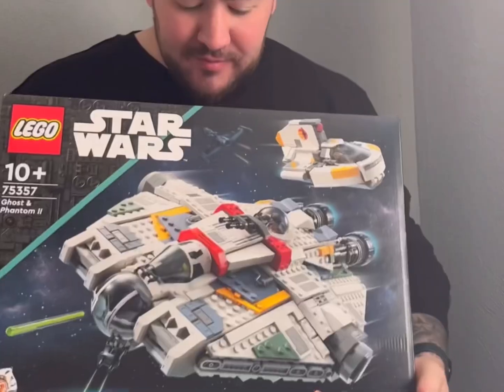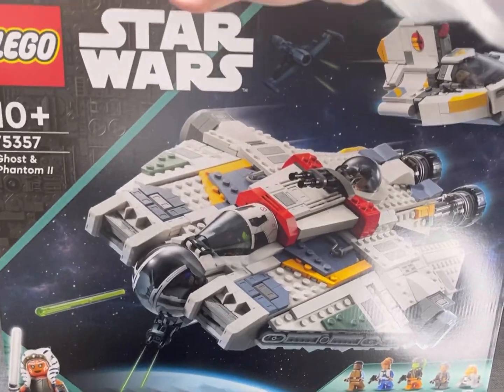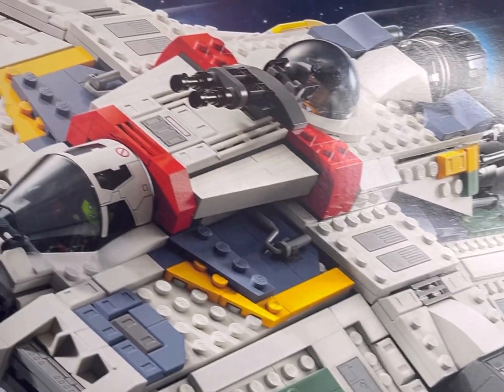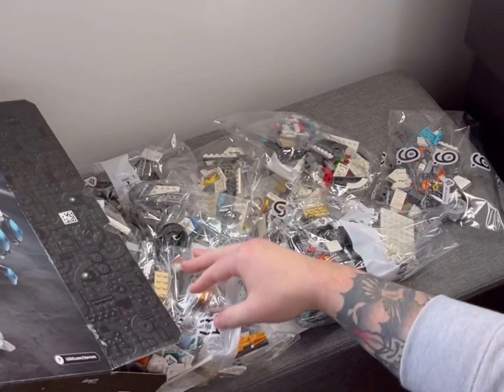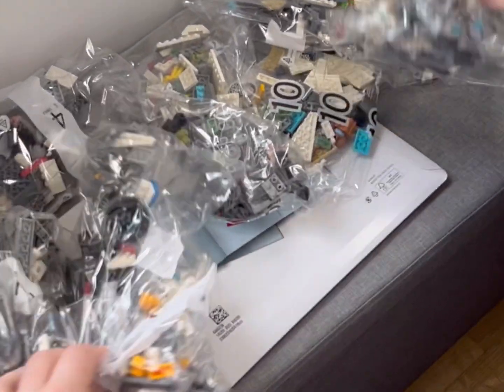So it's been almost a month since the Ghost's release and I've finally got around to building it. I'm so excited about this set. I loved Rebels and I'm loving Ahsoka. This set for me was a must-have, and at £150 this set comes with 5 awesome minifigs split across 13